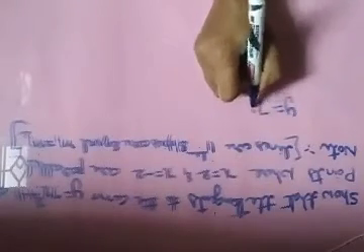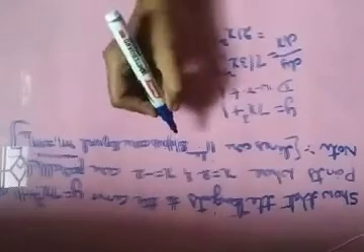So consider a curve y is equal to 7x cube plus 1. You differentiate it with respect to x. It becomes dy by dx is equal to 7 into 3x square plus 0, since the derivative of 1 is 0, which is equal to 21x square. We have to show that the tangents are parallel. Wherever the x is there, let us substitute 2 and minus 2.